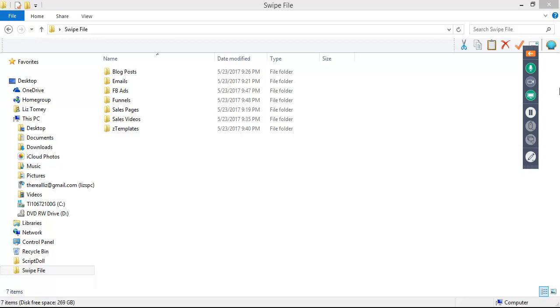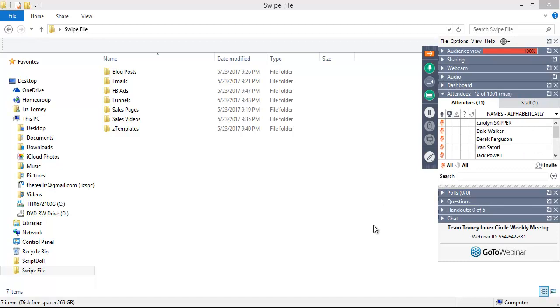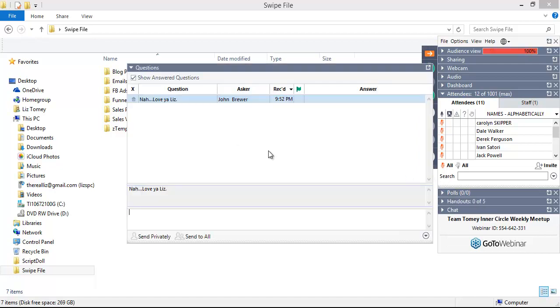Alright, so let's start wrapping this up so I can help clean up this mess. Anybody have any questions on what I've covered tonight, on how to create a swipe file, and why you should create your swipe file? And is there anything I can do with this swipe file folder for you guys that will help you even more when you go to start creating your own swipe files?